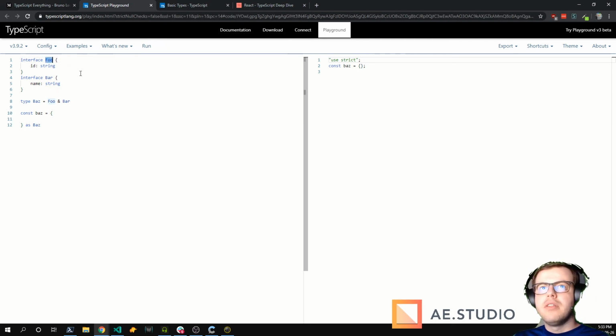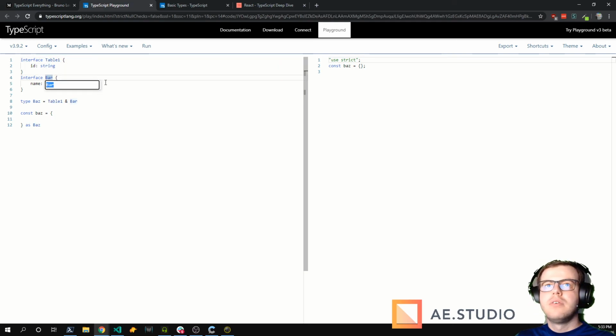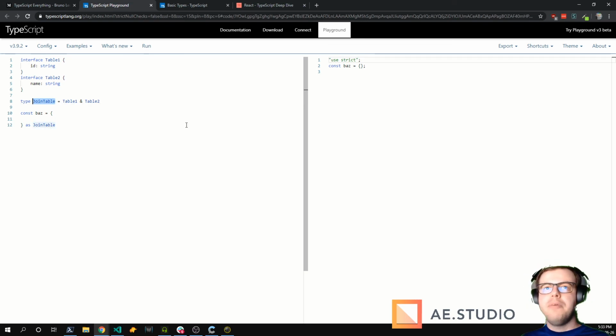You can combine like table 1, table 2, and then I can say join table. Maybe I can have an extra type which just combines two types, so it doesn't repeat code. So I would have one type for each table, and then a join type that gets properties from them. I could do that.